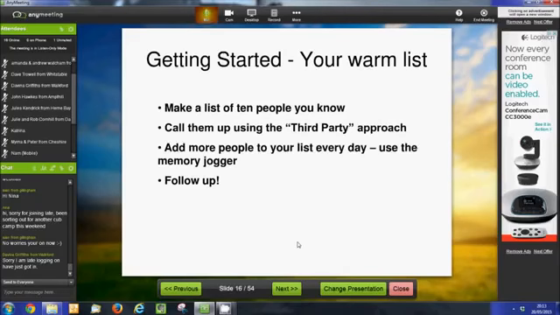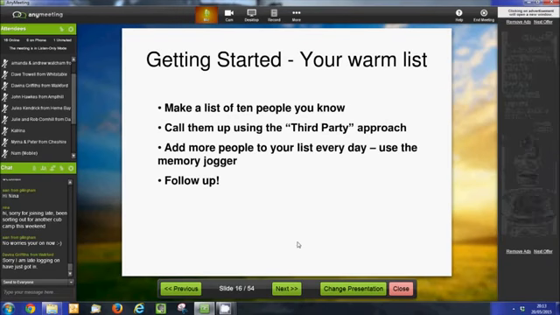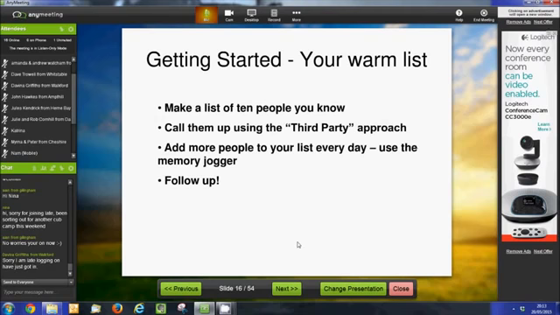And also make sure you follow up. So once you've sent them the information, give them a call a couple of days later just to remind them, just to say, "Did you think of anybody?" And they may not, or they may say, "Actually, you know what? This is just perfect timing because I've just had my hours cut at work. I could really do with a bit extra at the moment."